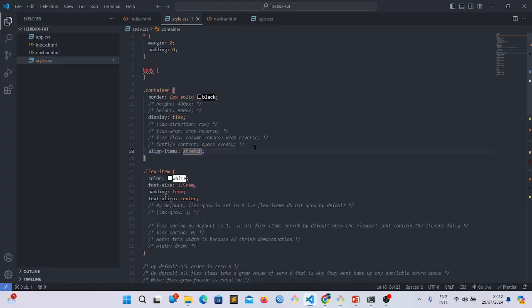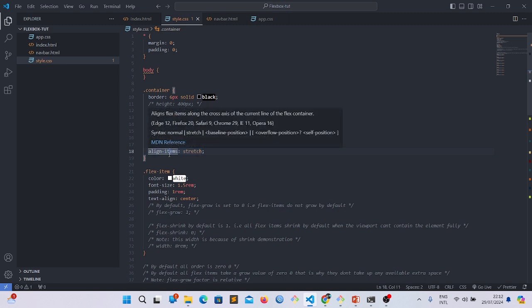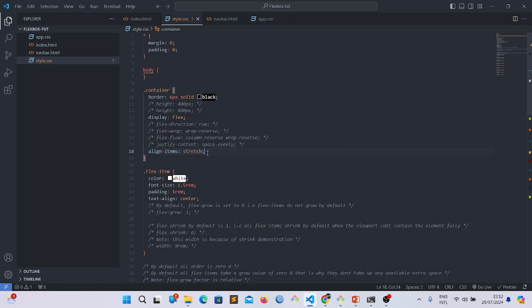You saw what happened. I think I removed the justify content that I left at space evenly. So now the align items is stretch. So if I put this at flex end,